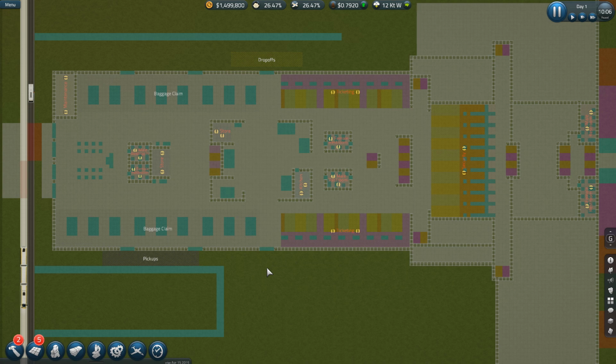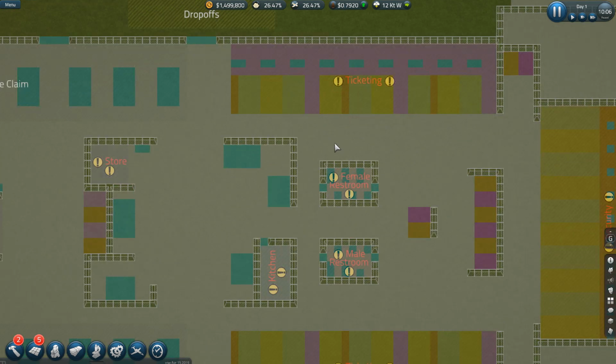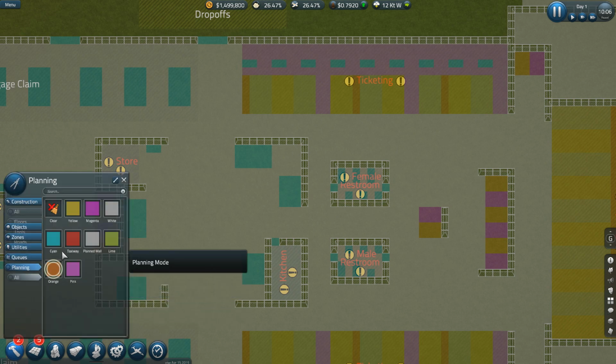I can't do angled check-in or ticketing desks. That's a little wonky, you know. If we'd gone another 10 tiles wide, I suppose I could really comfortably turn these around so they face upward. I really like to have more space for stuff. What we'll be doing though is putting